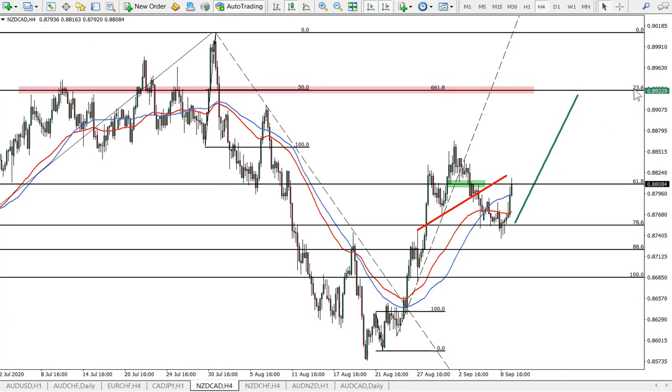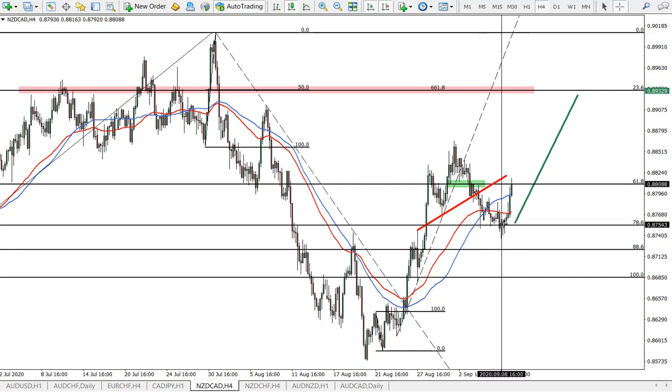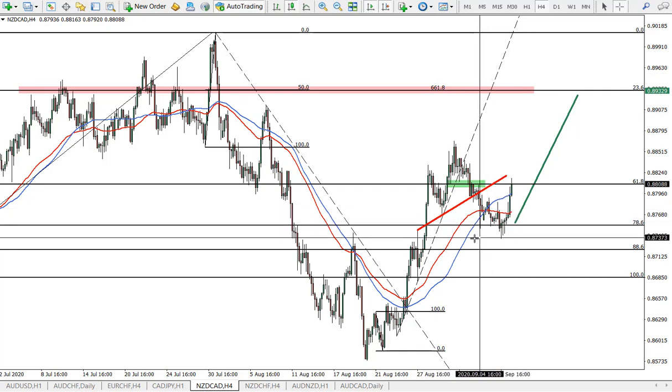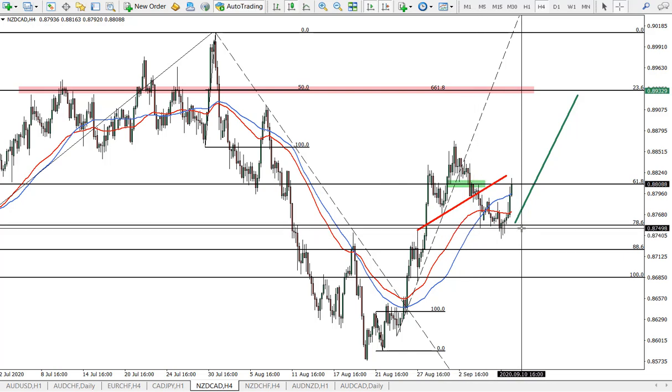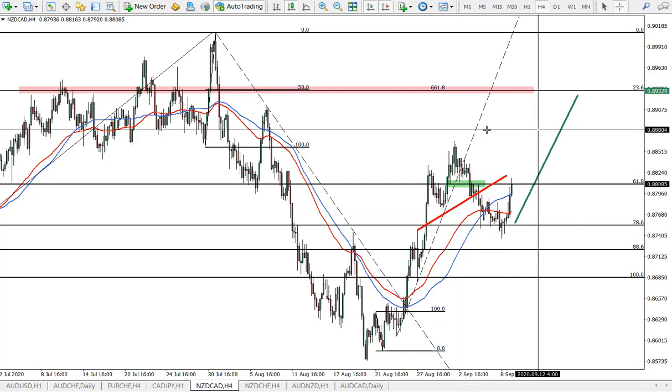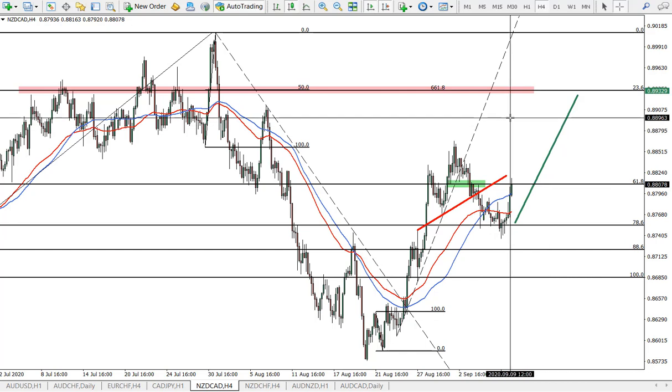New Zealand Canadian dollar, we have a correction to the downside, guys. Moving average, we're holding. Spikes produced below this initial spike, but nonetheless it failed to close below. So it is a valid analysis. I think there is good potential for the New Zealand Canadian dollar, especially, guys, considering that Canadian Japanese broke